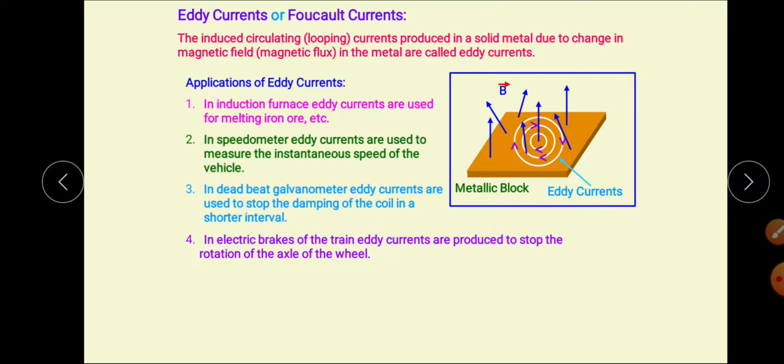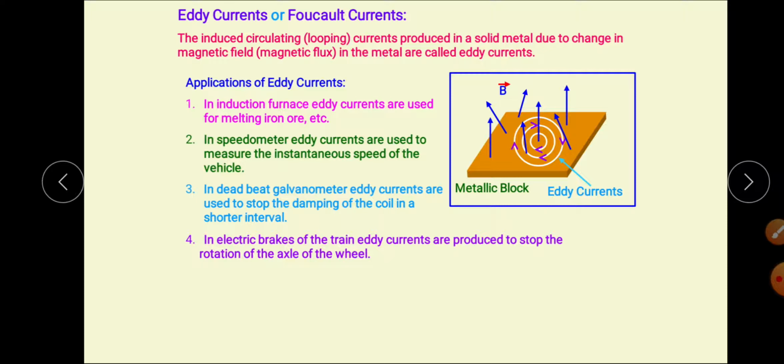In that case, because of sudden forces, unwanted oscillations are produced in the coil of the galvanometer. These unwanted oscillations can be removed with the help of eddy currents. Suppose the coil of the galvanometer is wound over iron or some metallic block. Then if we suddenly give current to the galvanometer, the current increases, and because of the increase in current, eddy currents are produced in the coil of the galvanometer, and those eddy currents would oppose